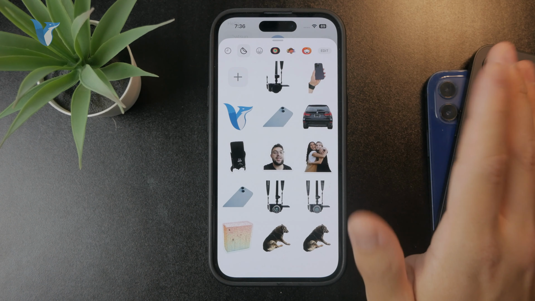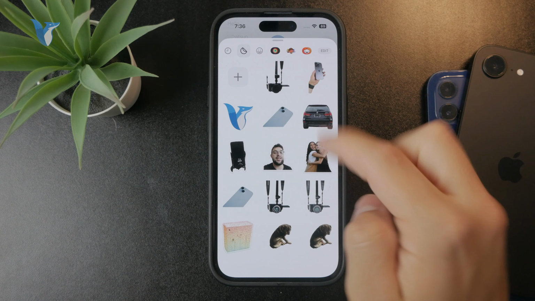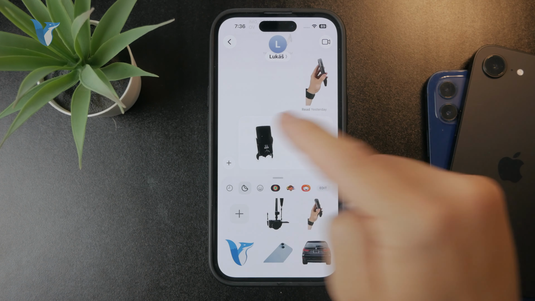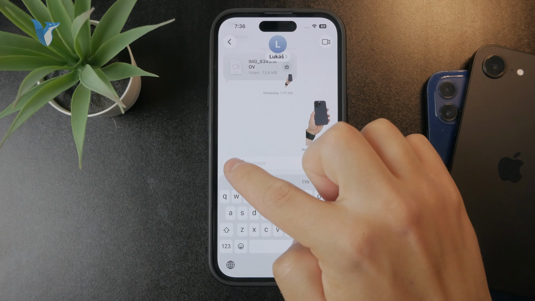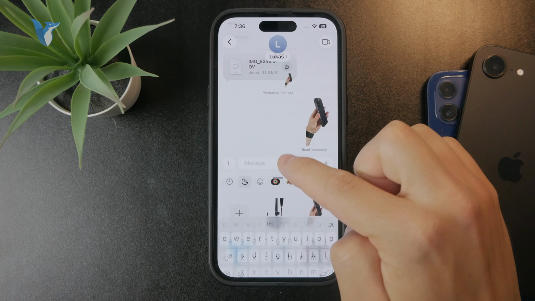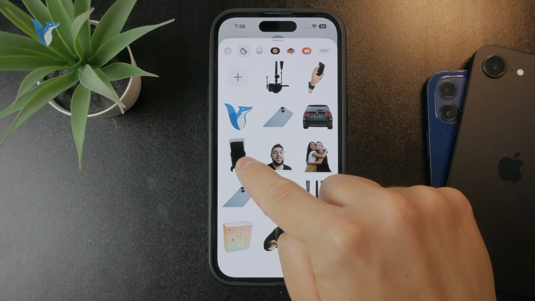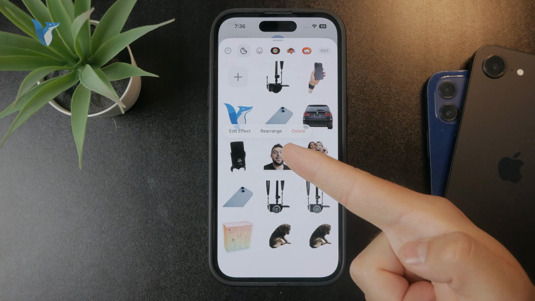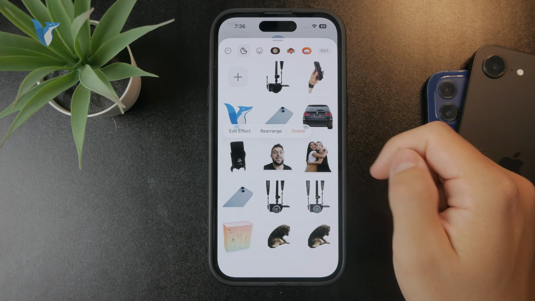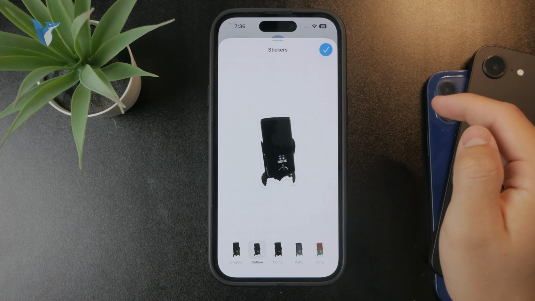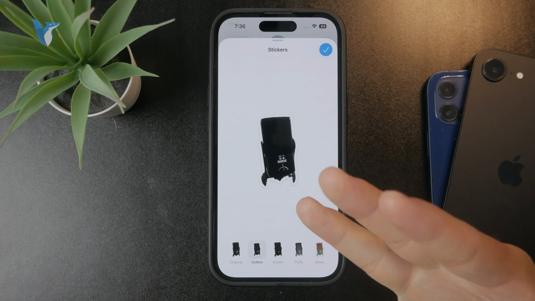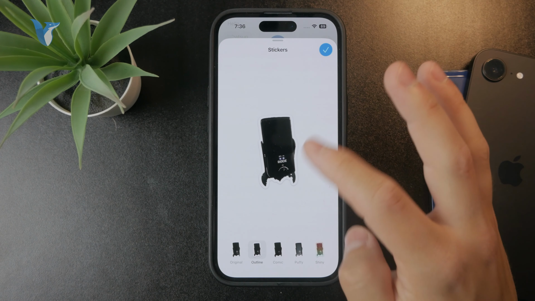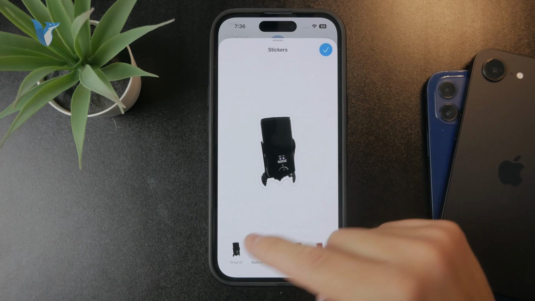In order to make some changes to it, it depends on what we want to change, but to edit the stickers, I can hold down, for example, on this one right there. Not actually tap it like I did, but come back to the stickers and actually hold it down on it. So when I hold it down like this, you can see we can delete it, rearrange it, and add effect. So when you click on edit the effect, you can see that we have like 5 options below. That's the most common way you can edit the stickers, because we have the original,